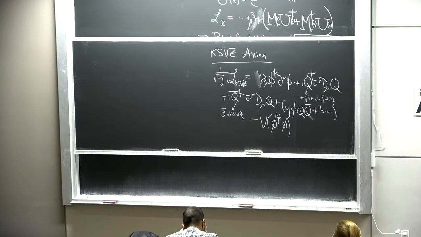There is another classic model called the DFSZ model, the Dine, Fischler, Srednicki, Zhitnitsky model. Again, that was 2 different papers, one by DFS and one by Z. That model kind of combines elements of both. It has the Higgses transform under U(1) PQ, but it also has some complex scalar phi transform, and most of the PQ breaking lives in phi. It gives similar predictions, but it has slightly different numbers for what you expect some of the couplings to be.